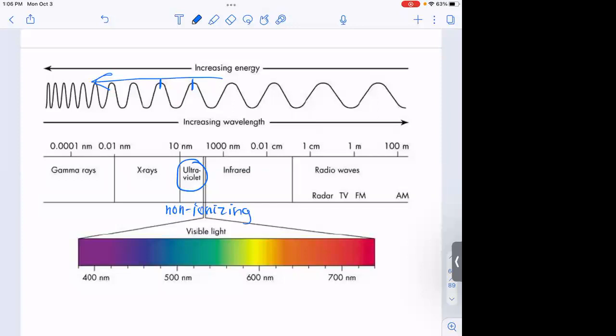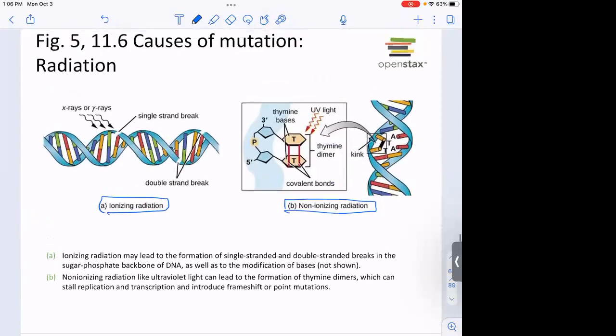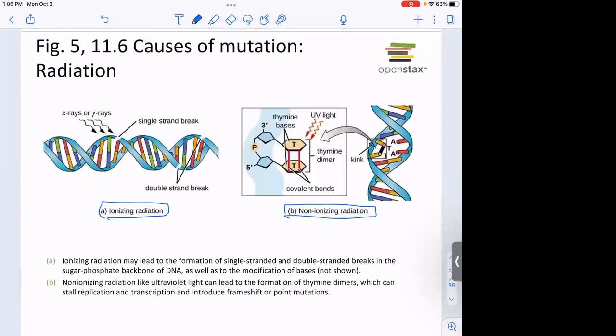So that's somewhere between 10 nanometers and 300 nanometers, which is going to cause a certain kind of mutation. And then X-rays and gamma rays, these are ionizing radiations that cause molecules to become ions. It pulls electrons off of molecules. Okay, so that causes an enormous amount of damage in the cell to a lot of different molecules, but